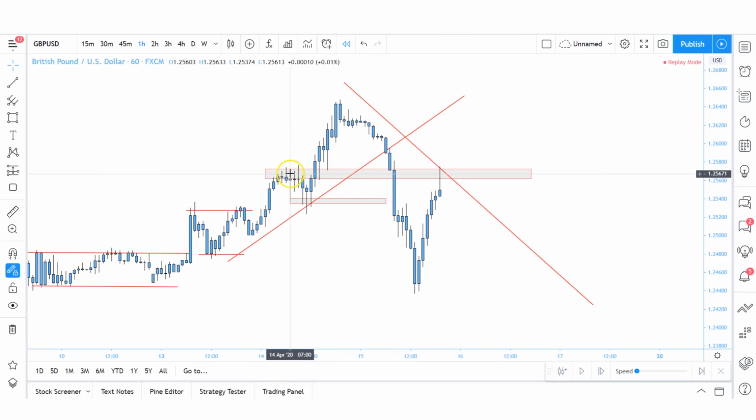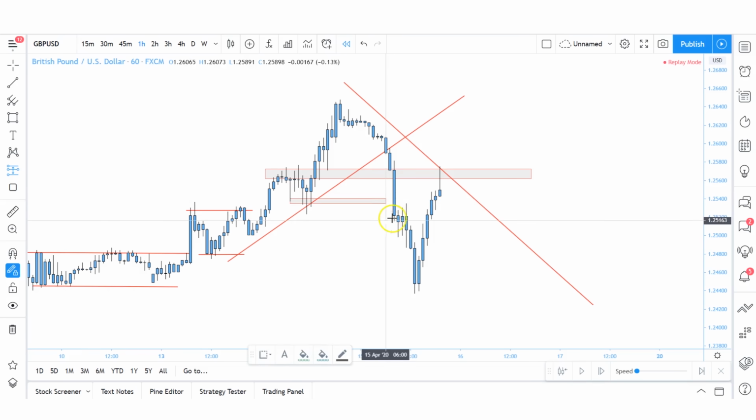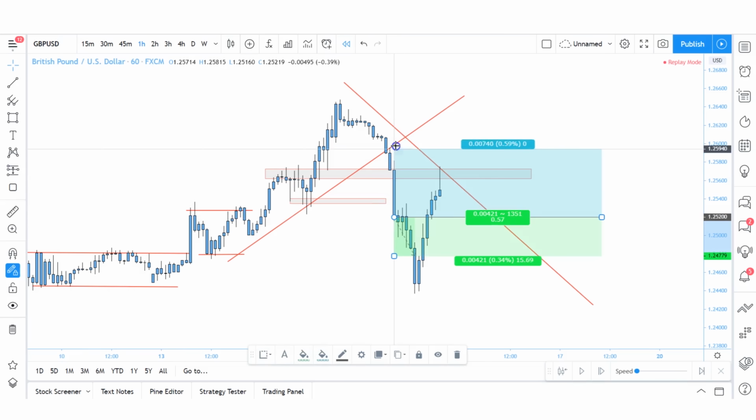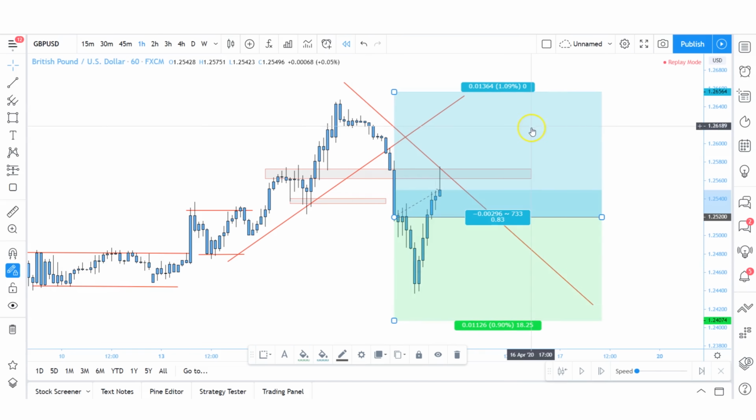We have the level where price broke above the previous high before. We have a level where price retested that, and now we have a breakout of that structure. Again, we can't take this breakout, because if we're looking to take this breakout of this structure, then again, what happens with our trade? We need to put our stop loss above this, and now we decrease the odds of us being able to hit that take profit